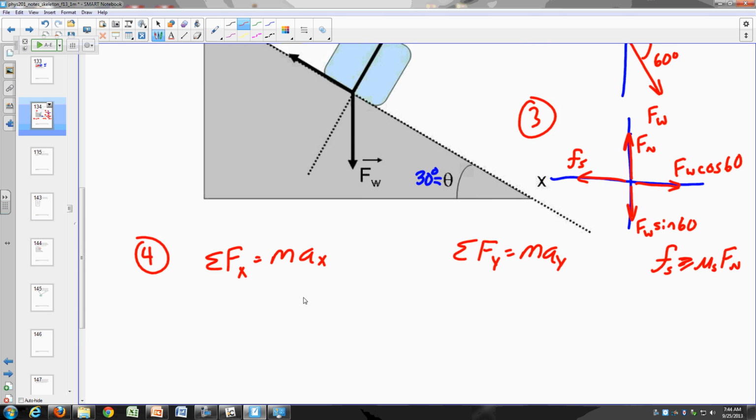Okay? So in both of these cases, the acceleration equals 0. This is a static problem, so I can say the sum of the forces in the x is Fw cosine 60 minus Fs is equal to 0. And then over here I can say Fn minus